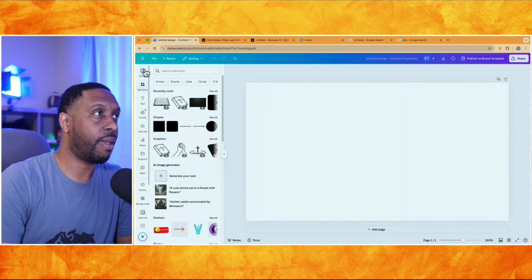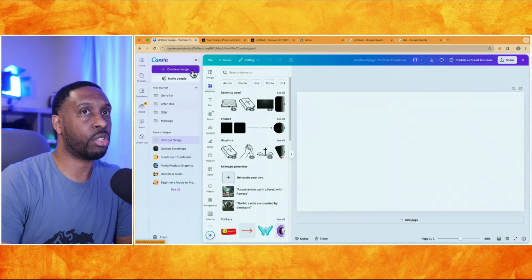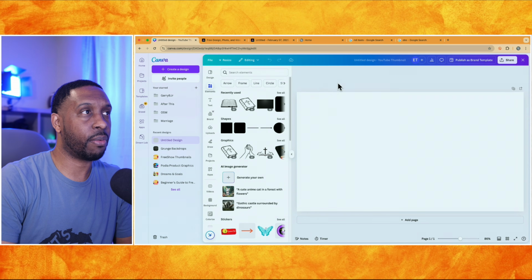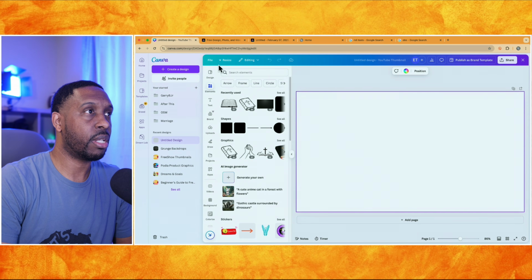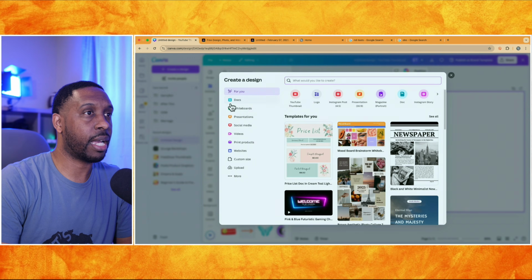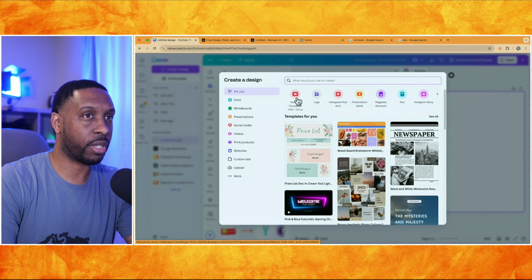And with Canva, if you go to your home page, you would start a new file or a new project, and it would come into something like this. And so this is where we want to be. You can say create new design, and when you create new design, it's going to ask you, what do you want it to be? So you can just say YouTube thumbnail, for example,